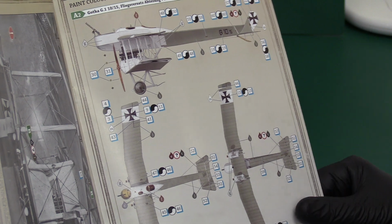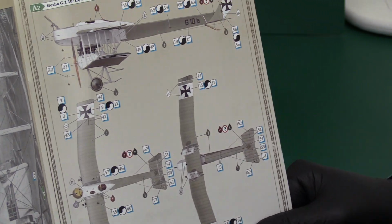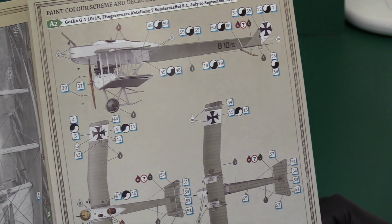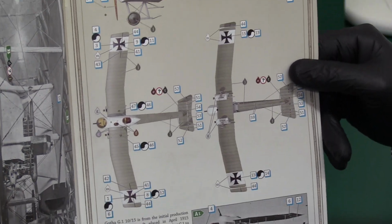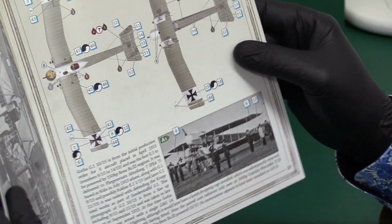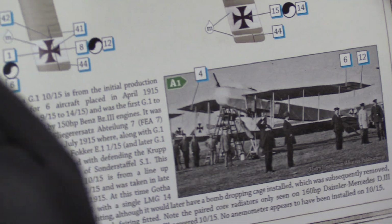Yeah, here we go. This is the Fliegersatzabteilung Sonderstaffel, July to September 1915. Look at the monster that it is. It's a beast, isn't it? Look how bird-like it looks from above. Look at the angle of the wings. It's like a bird. And it says here, I'll zoom in a bit. It says here,